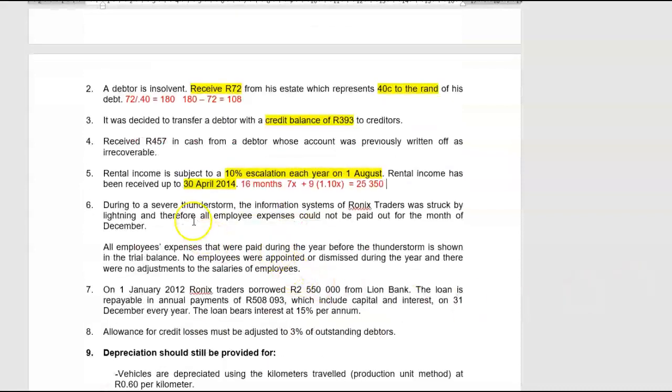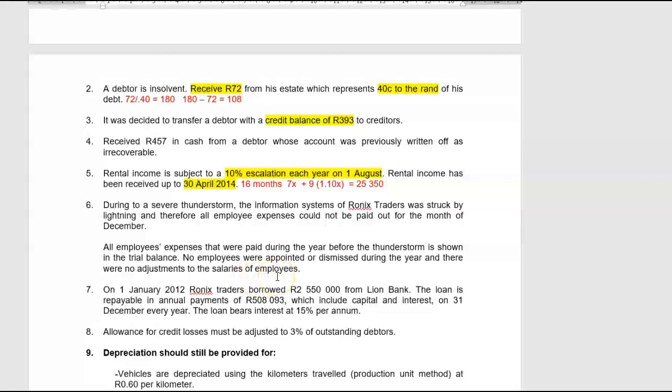Great. During a severe thunderstorm, the information systems of Veronix Traders was struck by lightning and therefore all employee expenses could not be paid out for the month of December. All employees' expenses that were paid during the year before the thunderstorm is shown in the trial balance. No employees were appointed or dismissed during the year, so there was no fluctuation, and there were no adjustments to